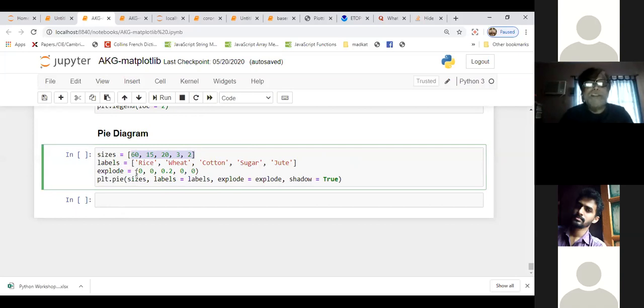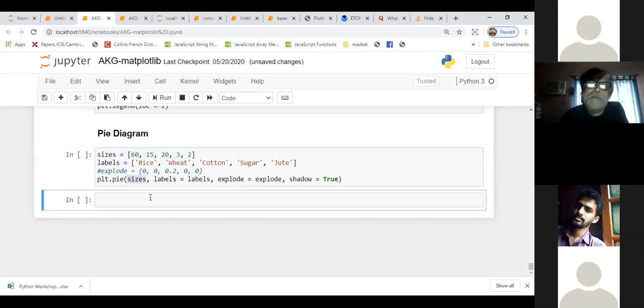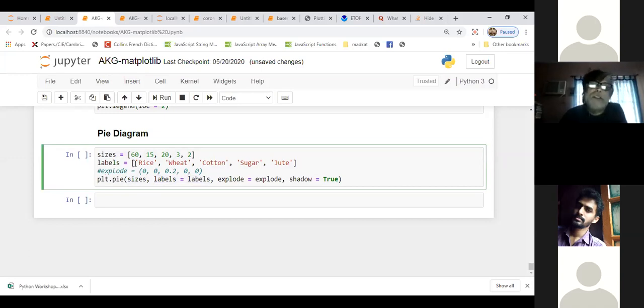And this is a fancy thing. The function for the pie diagram is pie. Inside that you write sizes. This sizes is the essential or default argument. You have to write labels the same way.